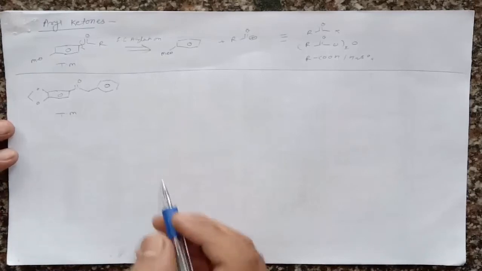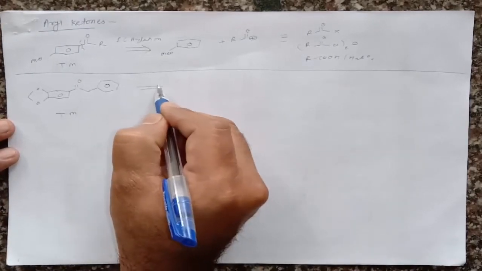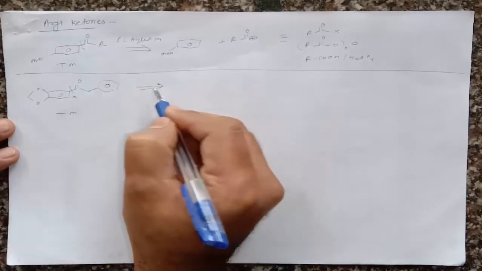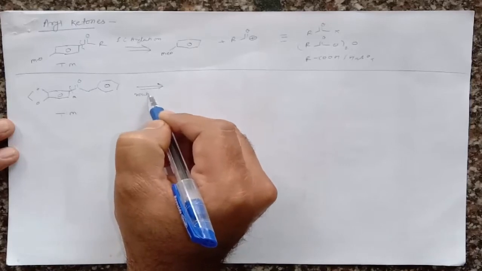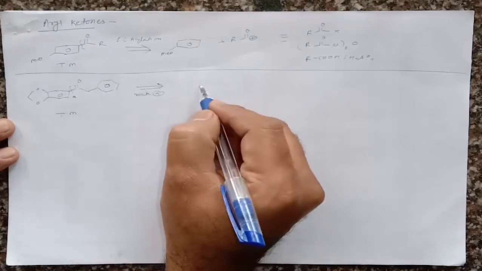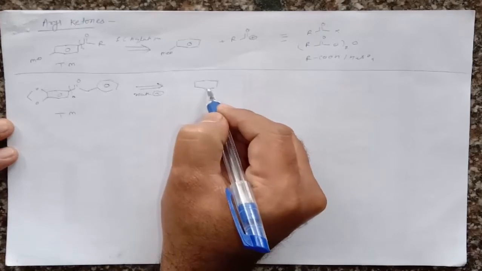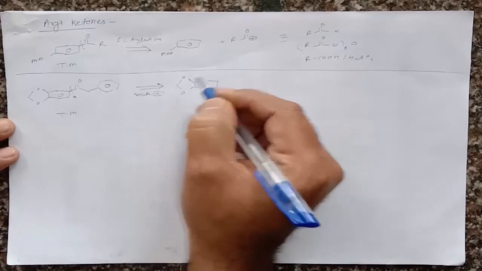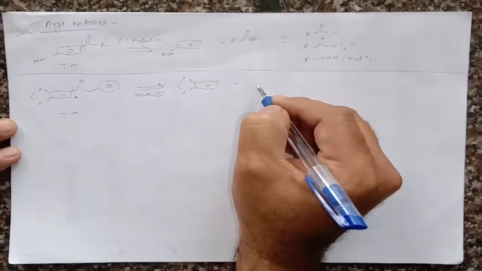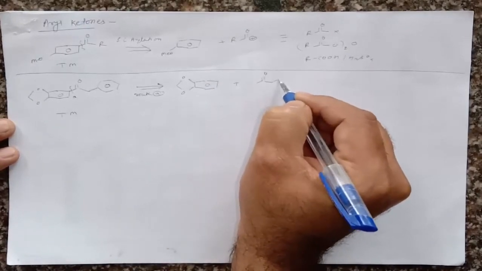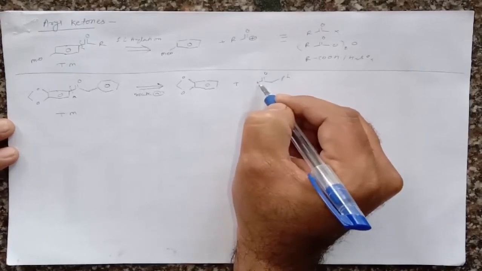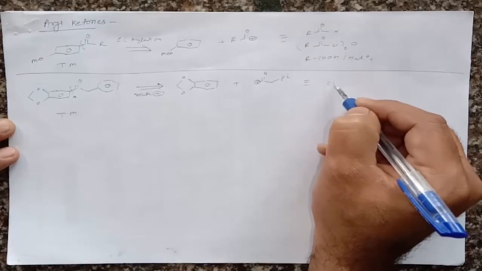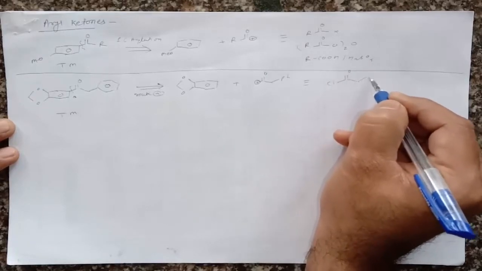Here are two positions where we can break the molecule. We can break the molecule at this position, suppose this is called route A. If we break this molecule at this position, what does it give? It gives an FC acylation route. Along with this it gives a molecule like this, containing a positive ion here, and the synthetic equivalent, if you take the acyl group, will be like this, right?